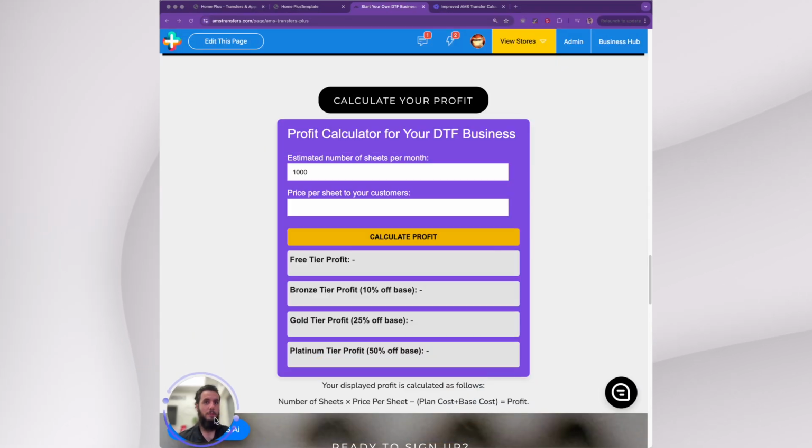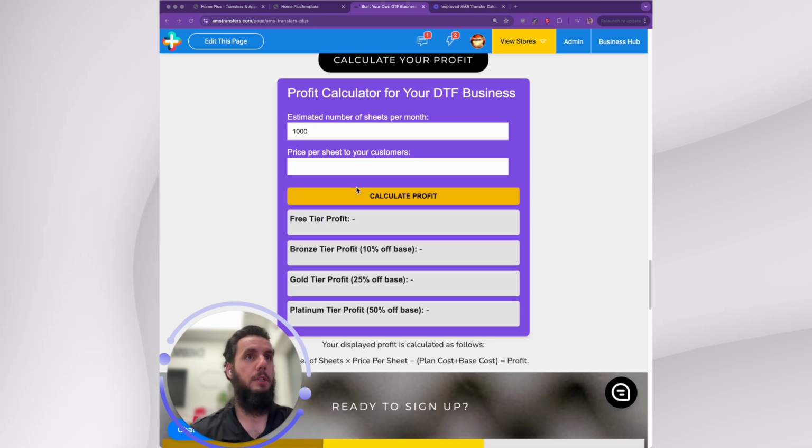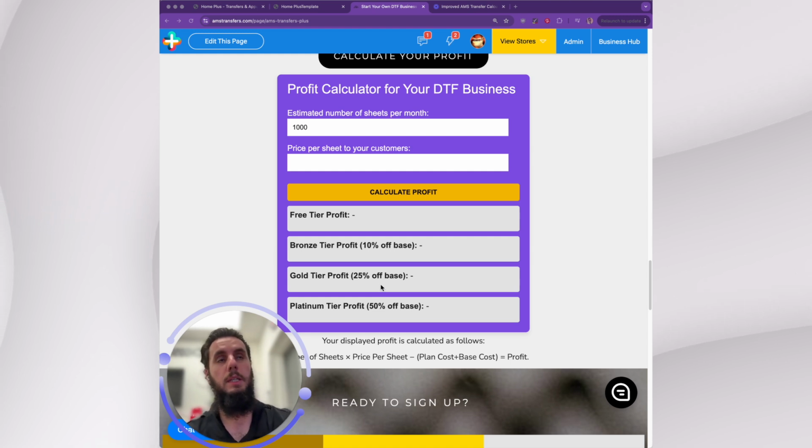It's actually like 6:52. I spent the entire day today working on getting the calculator for the AMS Transfers Plus page on the website rebuilt. So this is what we used to have. It was okay, all things considered, but I think there was a lot of ways that we could have improved it. So basically the goal of this was to show the actual user what the profit could be based on